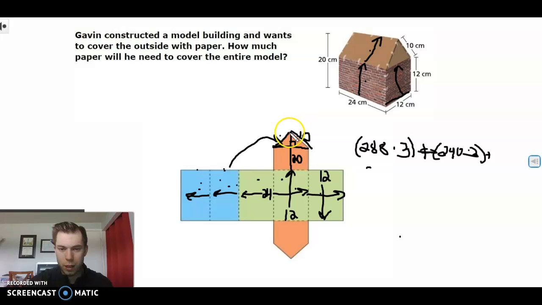Well, how are we going to find the height of this part and this part? Well, that's where this 12 comes in. So if you look, this 12, when folded together, would meet with this edge, making this 12, which means this height is 12. So we know the height of this rectangle is 12, and the base of it is 12, so it actually makes it a square. And we have two of those. So we have 144